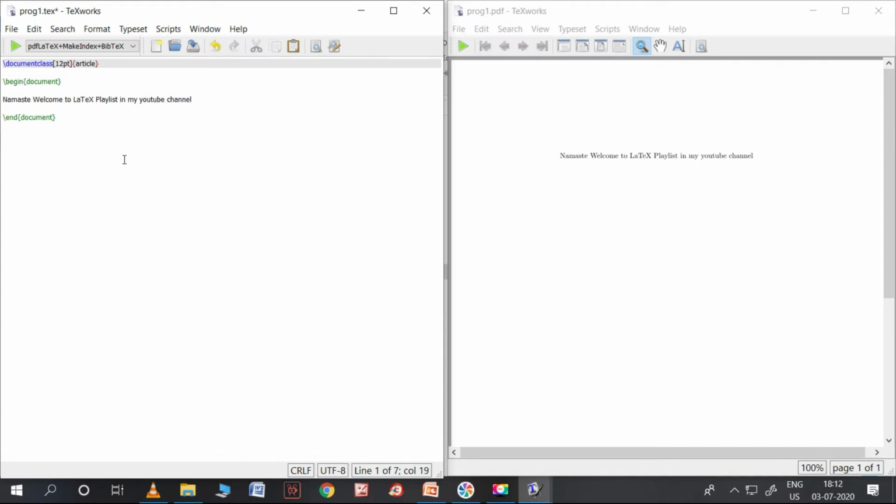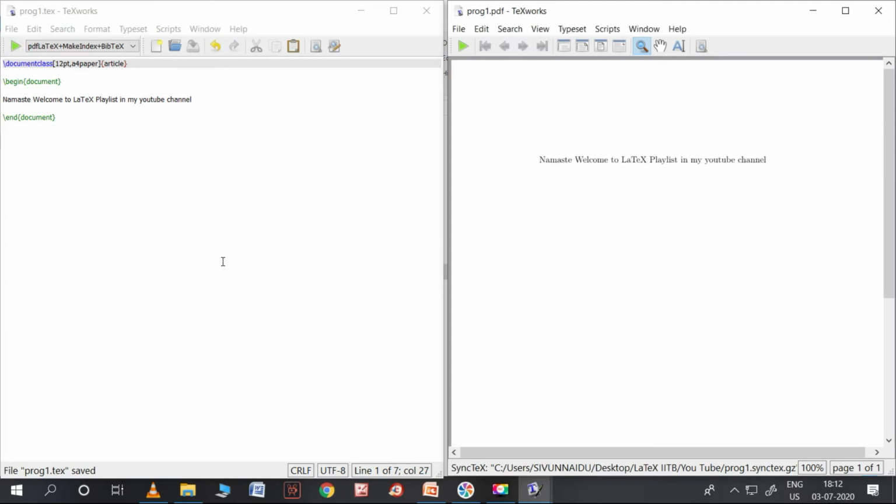And we can see some more things. That means we can see the optional paper size. It may be A4 size or A5 size, like that. Let me make it A4 size paper. Yeah, it has the proper settings now. This is set to A4 size paper, and these are the optional things in document class. So we can make it optional. That means we can give it or we need not give it.